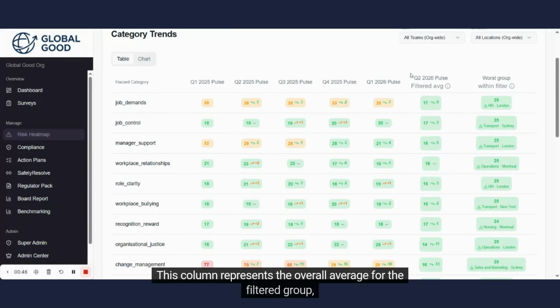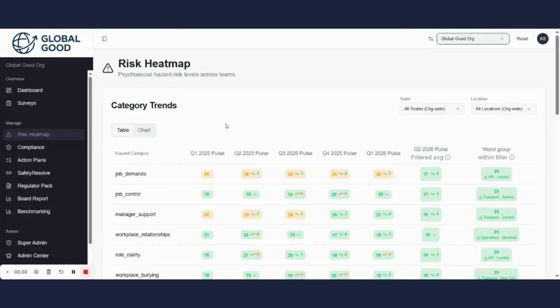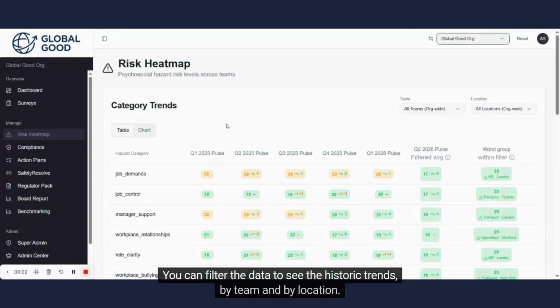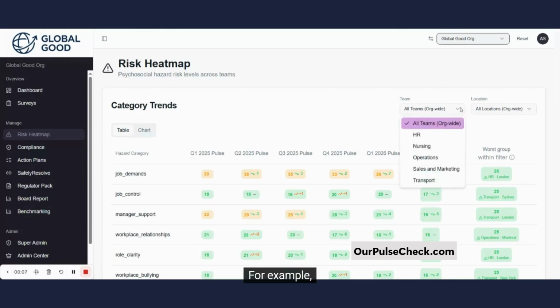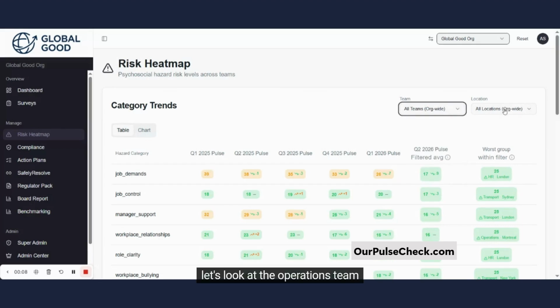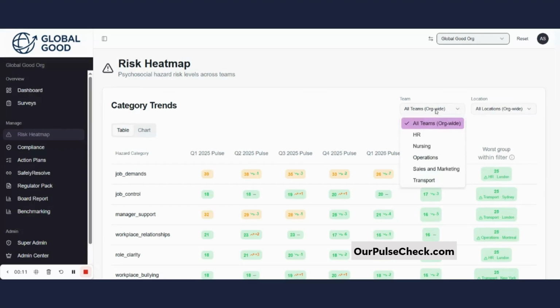This column represents the overall average for the filtered group, and this shows the worst group within that filter. You can filter the data to see the historic trends, by team and by location. For example, let's look at the operations team. In Sydney,